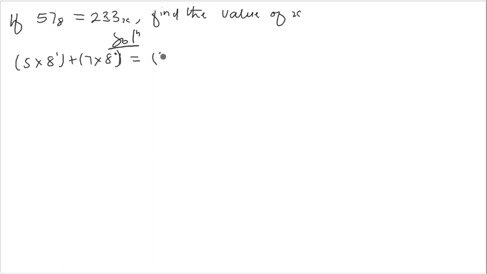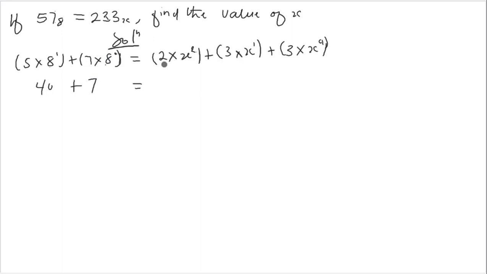and this will be equal to 2 multiplying x to the power, this is 0, 1, 2, to the power 2, plus 3 multiplying x to the power 1 plus 3 multiplying x to the power 0. Alright, so 8 to the power 1 is 8 times this 5 is 40, and 8 to the power 0 is 1 times 7 is 7,